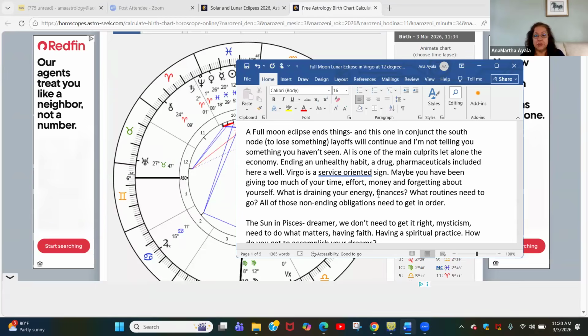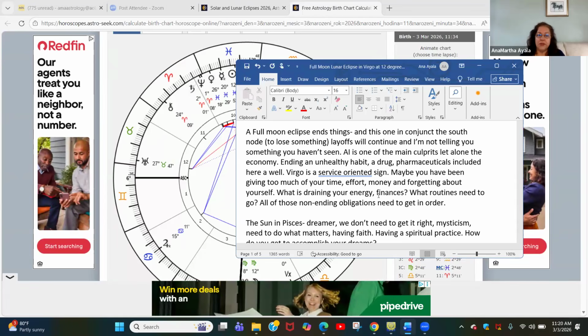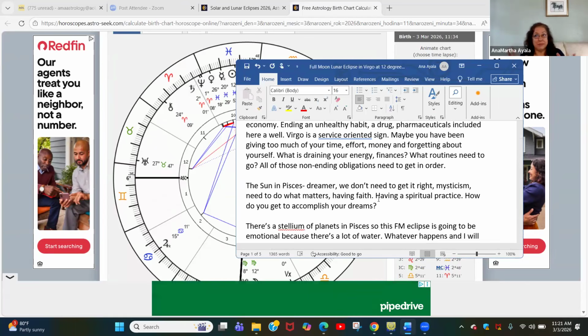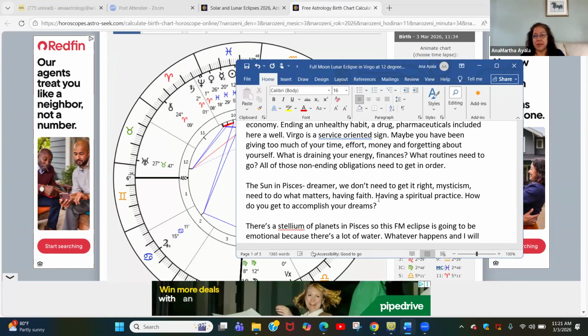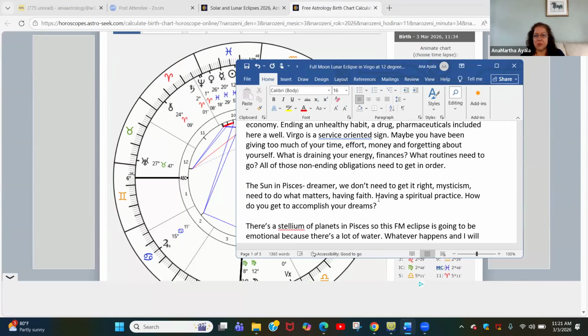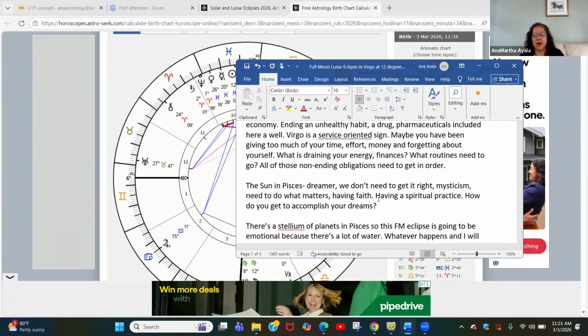Virgo is also a service-oriented sign. So maybe you've been giving too much of your time, your effort, your money, and you've been forgetting about yourself. And then that has to come to an end, right? It has to stop. So you need to ask yourself, what is draining your energy, your finances? What routines do you need to let go of? Make them more efficient, right? All of those never-ending obligations need to get in order, right? You need to come up with a new routine, something that gives you more space, more time to yourself,